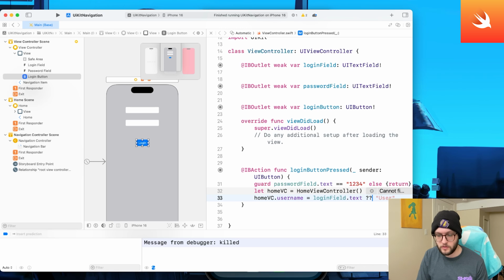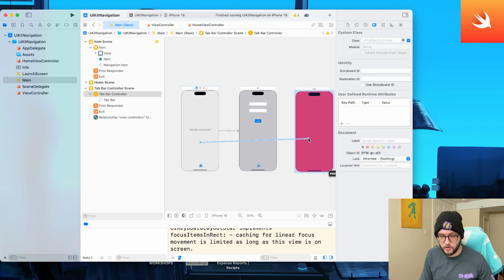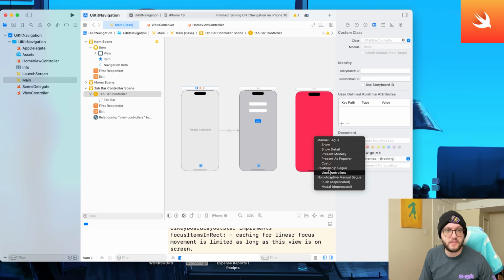It's called the TabBar controller, and this is going to allow us to tab between different screens. When we first add it, there's only one TabBar that's been connected, and in this case it's the one we embedded. If you want to connect more phone screens, you'll want to control, click, drag from the middle of the TabBar controller, select the view you'd like to navigate to, let go, and in this case, instead of the manual